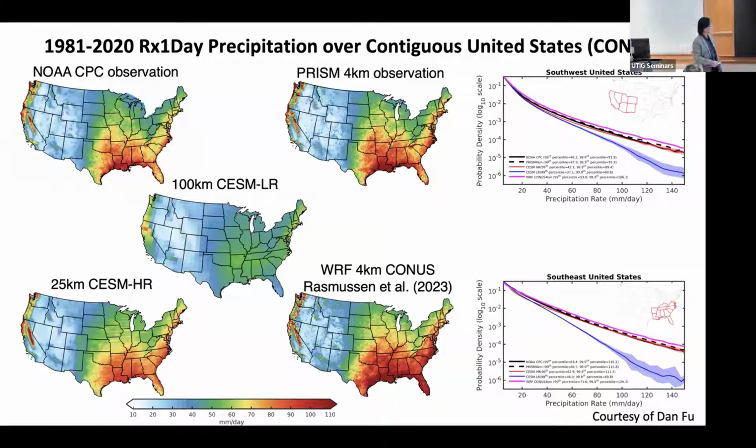So if you look at the rainfall PDFs, divided into the southwest in the upper panel and the southeast in the lower panel here, you can see the blue line is showing the low resolution model simulation. The two black lines show the observation, and purple is showing the 4-kilometer WRF simulation. And the red is showing the high resolution model simulation. You can see the WRF compared to this particular data slightly overestimates the precipitation. And the high resolution global model is actually doing a remarkable job capturing the extreme precipitation, right?